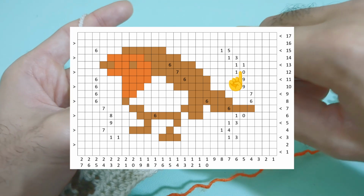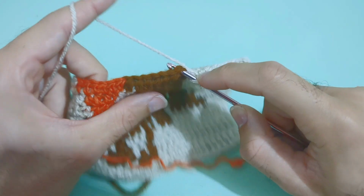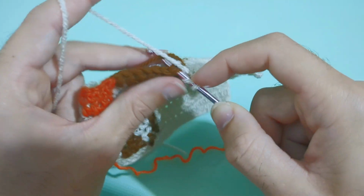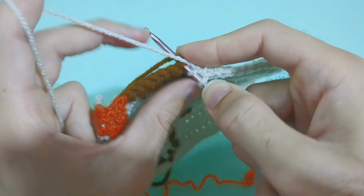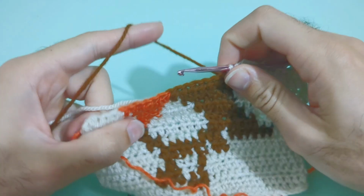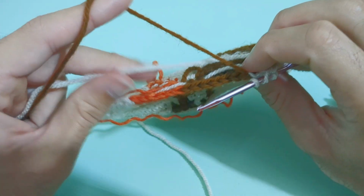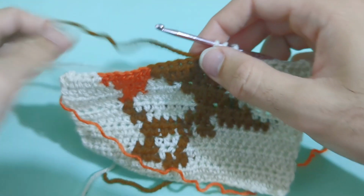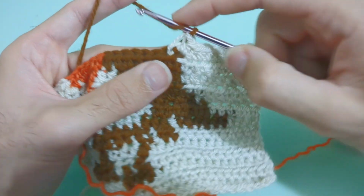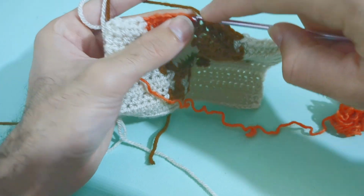Let's do 11 in the main colour. So I'm going into this brown yarn for the 11th. I might as well pick up the brown working yarn because it's the same colour. Okay, now change to the brown. We have no white in this row until we get to the final few stitches, so we're going to have a very long white float here, and that's just the way it is when you're doing this method. So you want 6, 1, 6,